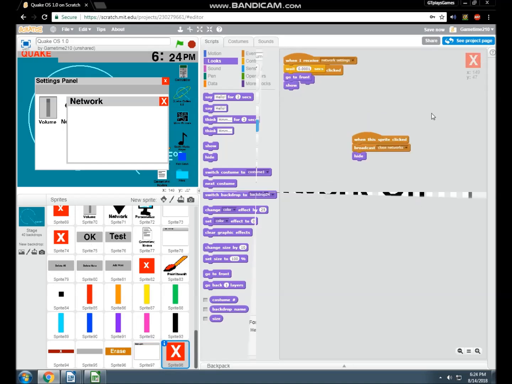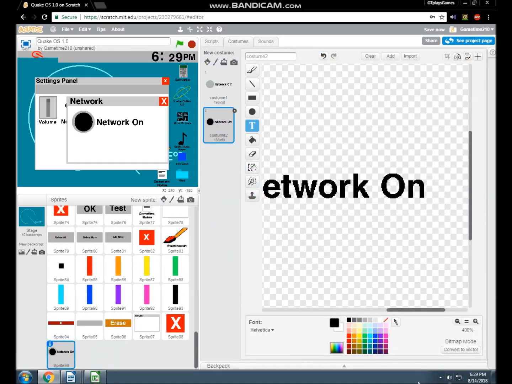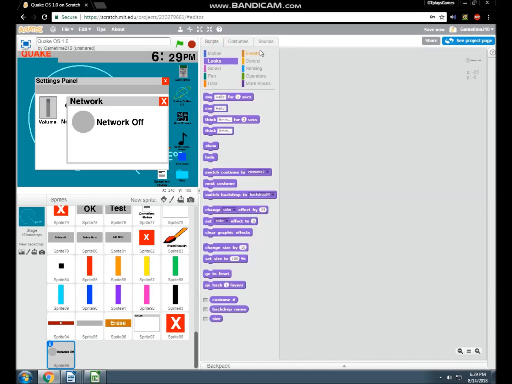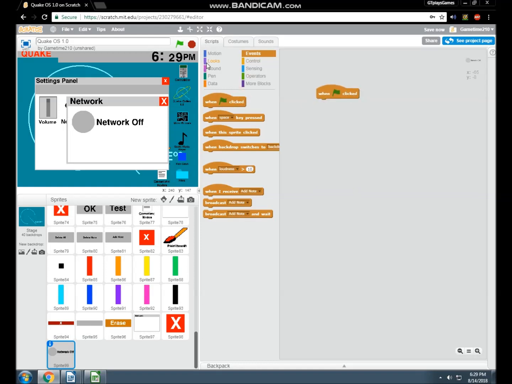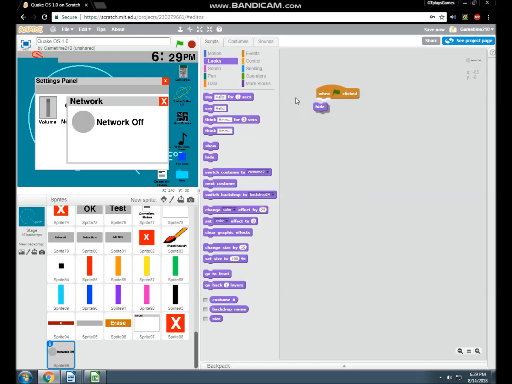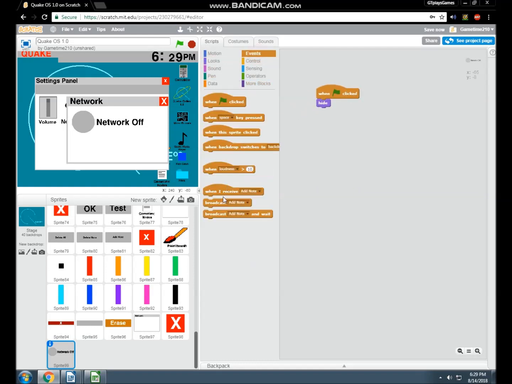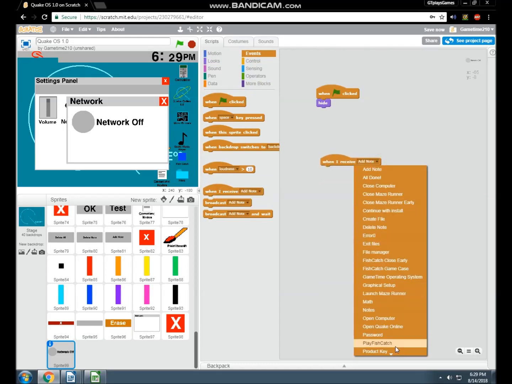I got an idea, so I'm just gonna go quickly make the sprites. So as you can see, I have worked on the sprites, network off and network on. Now, let's do a quick when green flag clicked, hide. But let's do when I receive network connections.